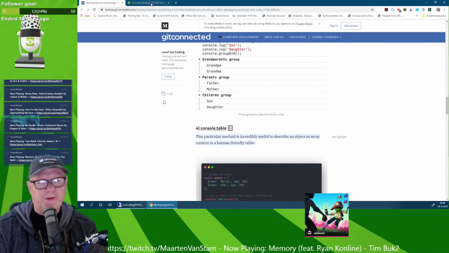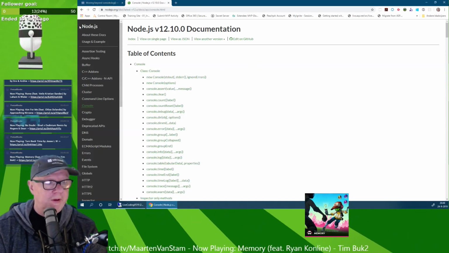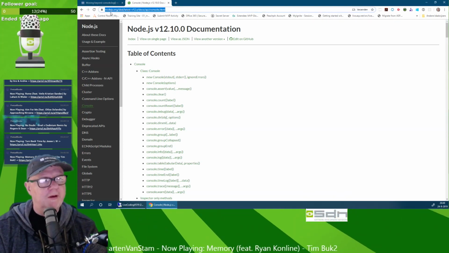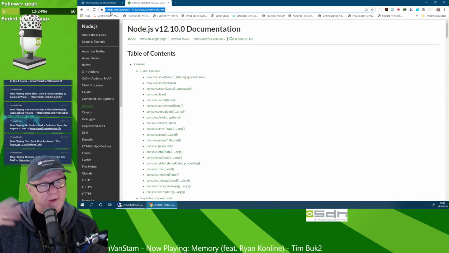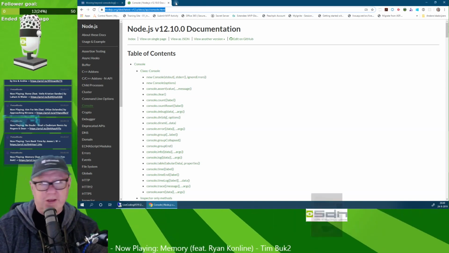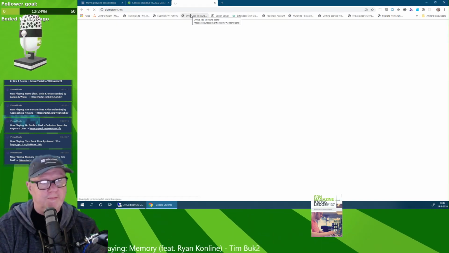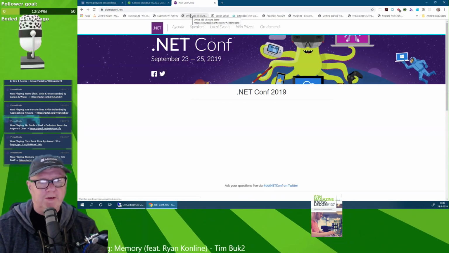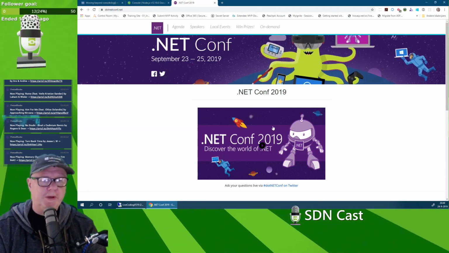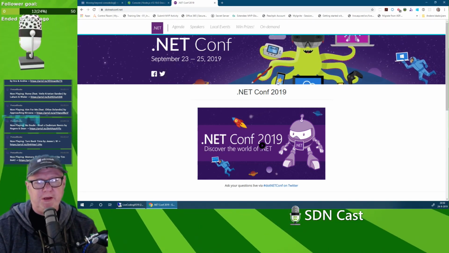If you go to the documentation of Node.js and you look at the documentation at console, so you go to .NET, not .NET. My mind is completely filled with .NET due to the event that's currently going on. .NET Conf. That's an online event, so don't go anywhere. But it's running now. Where they released the .NET Core 3.0